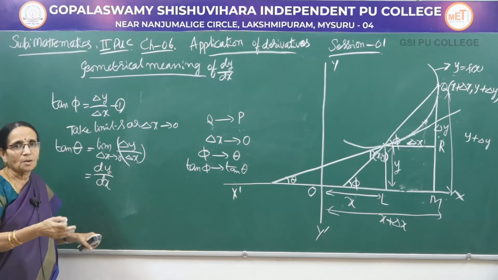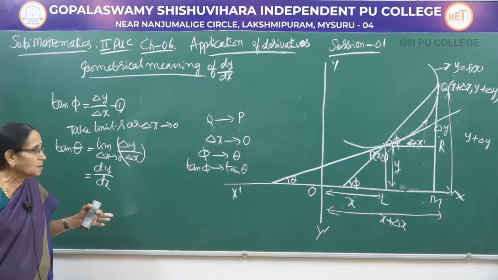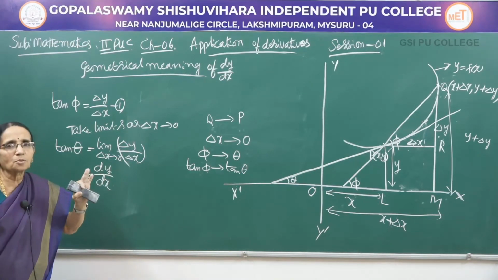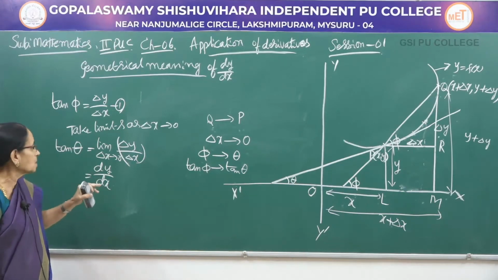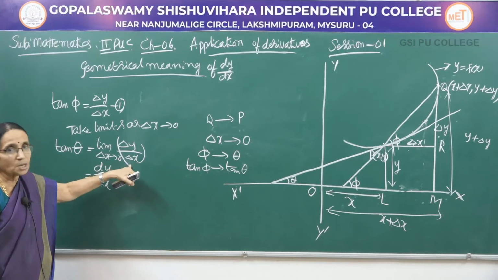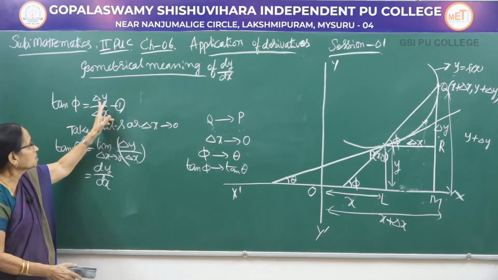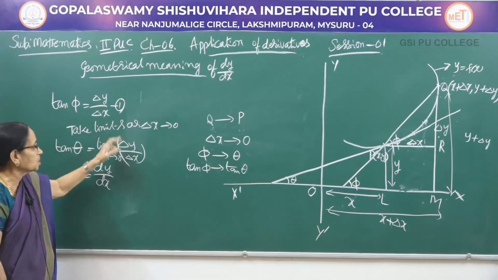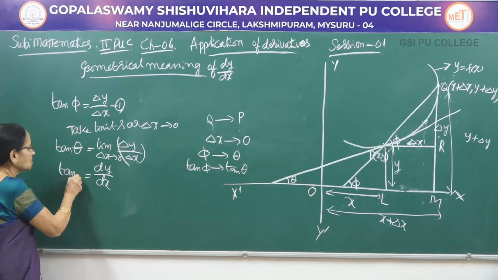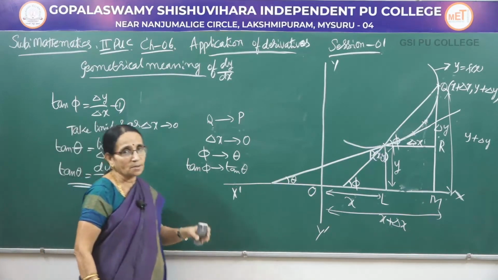There also, when I had explained, I had taken the same thing, delta x. Of course, for the standard formula, delta x was replaced by h, but before that I had considered delta x to be the small increment in the value of x. So the concept would be clear because of the same notation I had used. Here also I am using the same notation. So when you take the limit as delta x tends to 0, we denote it as dy by dx. And this information I wanted. For that I had done all these things.